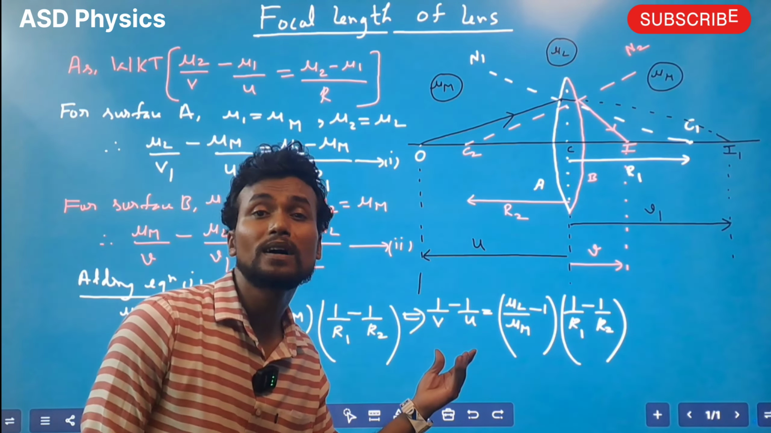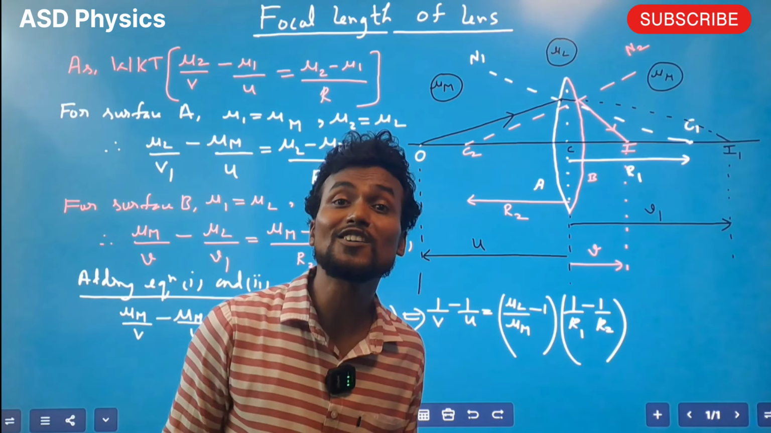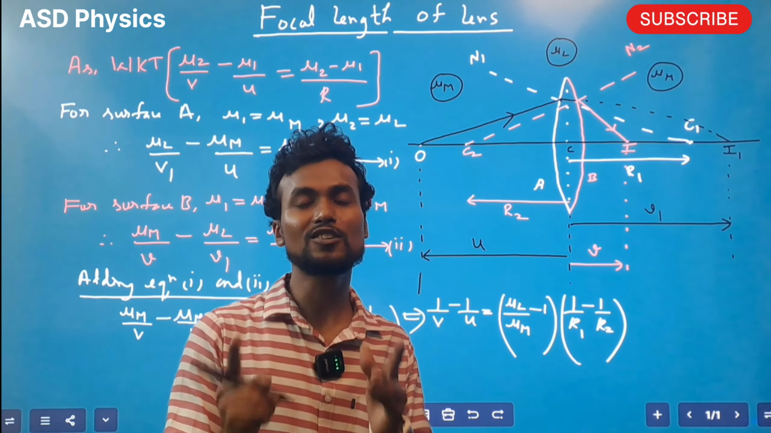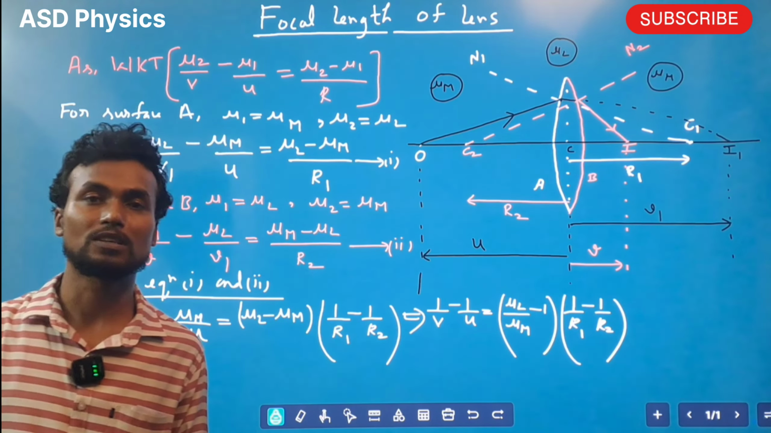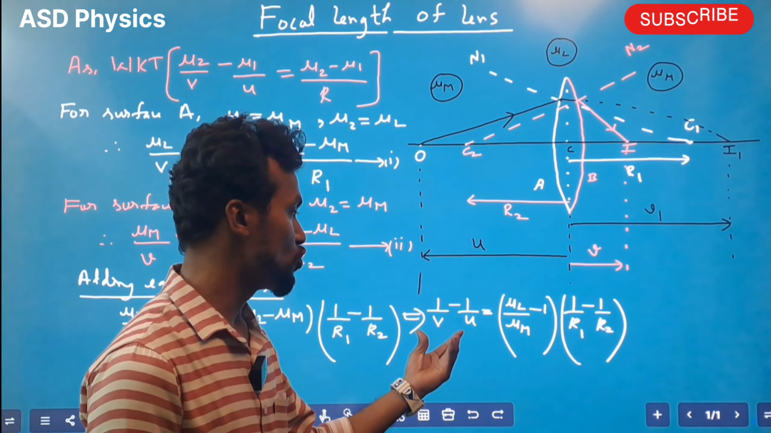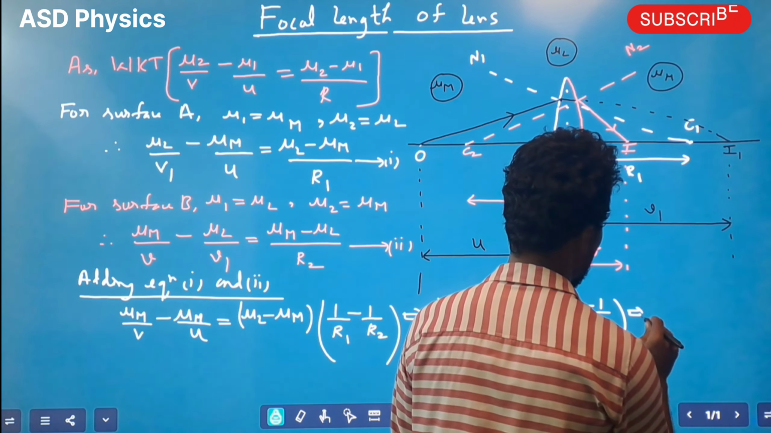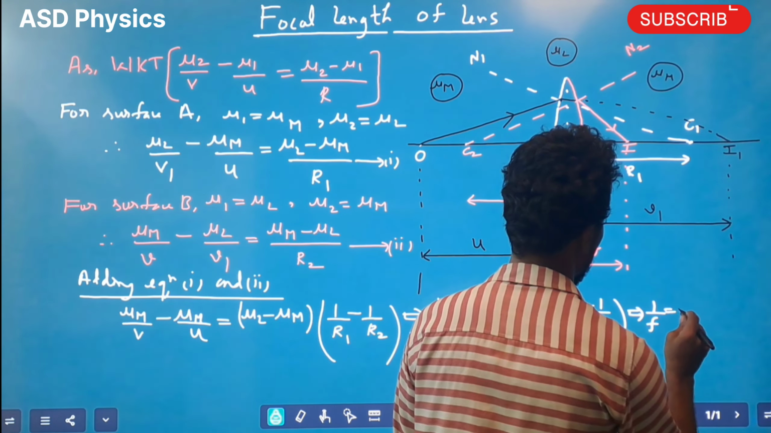And what is this, 1 by v minus 1 by u? That is the lens formula. For that also we have done the derivation. What was the derivation? 1 by f equal to 1 by v minus 1 by u. If you also want to learn that derivation, just click on the I button. So 1 by v minus 1 by u will become 1 by f. So here we are going to write finally 1 by f equal to